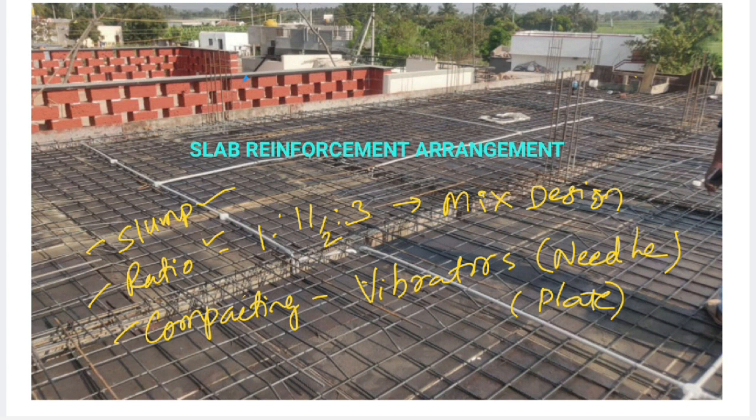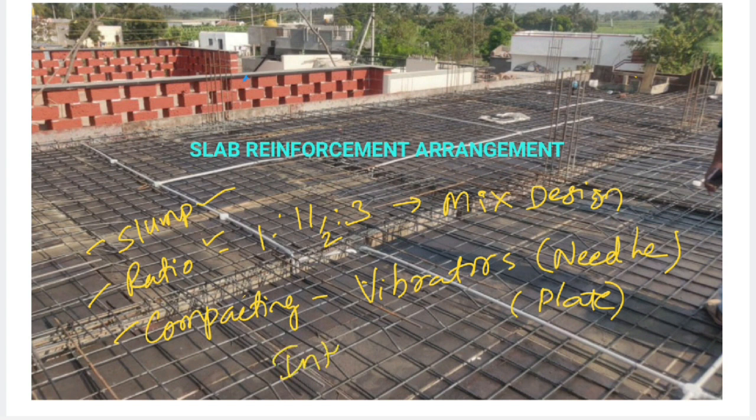Once the concrete casting is completed, after 24 hours we will be removing the side shuttering, not the bottom one. The bottom can be removed after 7 to 15 days, as per the codal provision for how many days are given for the bottom shuttering. Only after that can we remove the bottom shuttering. Until then the shuttering is not to be removed, and intense curing will be taken care of.